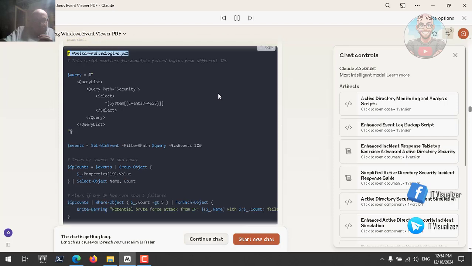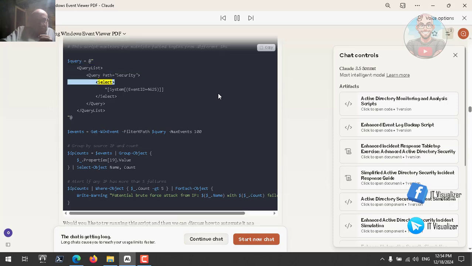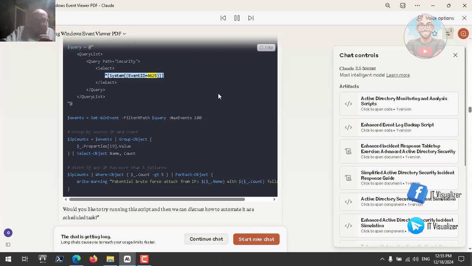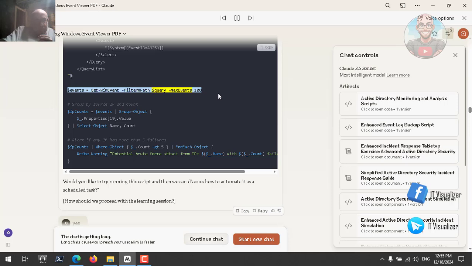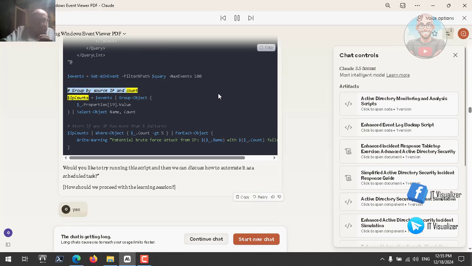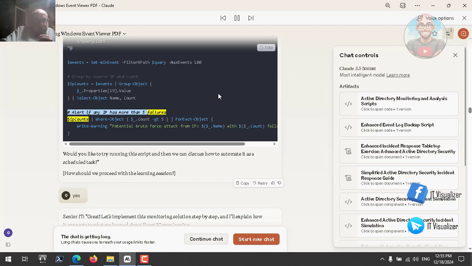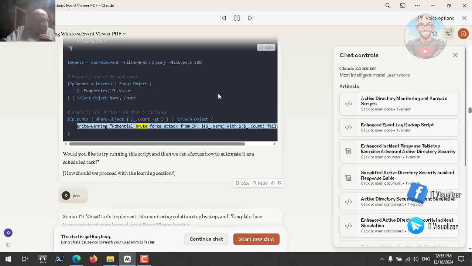# monitor_failed_logins.ps1 # This script monitors for multiple failed logins from different IPs. $query = @' <QueryList> <Query Path="Security"> <Select Path="Security">*[System[EventID=4625]]</Select> </Query> </QueryList> '@ $events = Get-WinEvent -FilterXml $query -MaxEvents 100 # Group by source IP and count $IPCounts = $events | Group-Object {$_.Properties[19].Value} | Select-Object Name, Count # Alert if any IP has more than 5 failures $IPCounts | Where-Object {$_.Count -gt 5} | ForEach-Object { Write-Warning "Potential brute force attack from IP: $($_.Name) with $($_.Count) failed attempts"